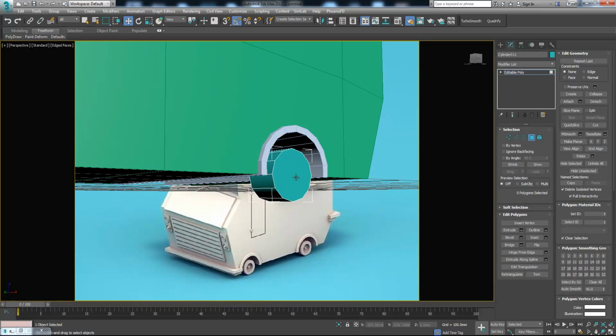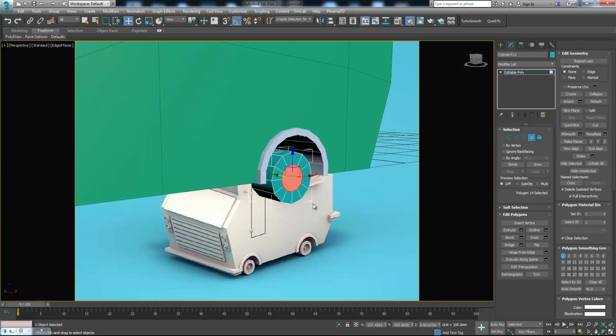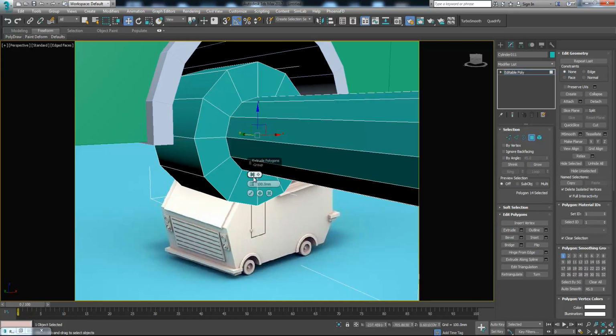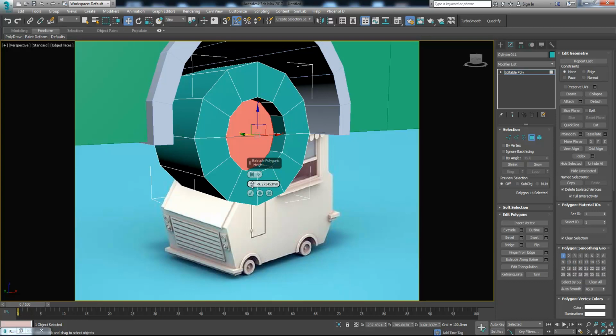Let's select this part, press inset. Let's move it like this, make it smaller. Okay, now let's extrude, but inside. Okay, let's inset,